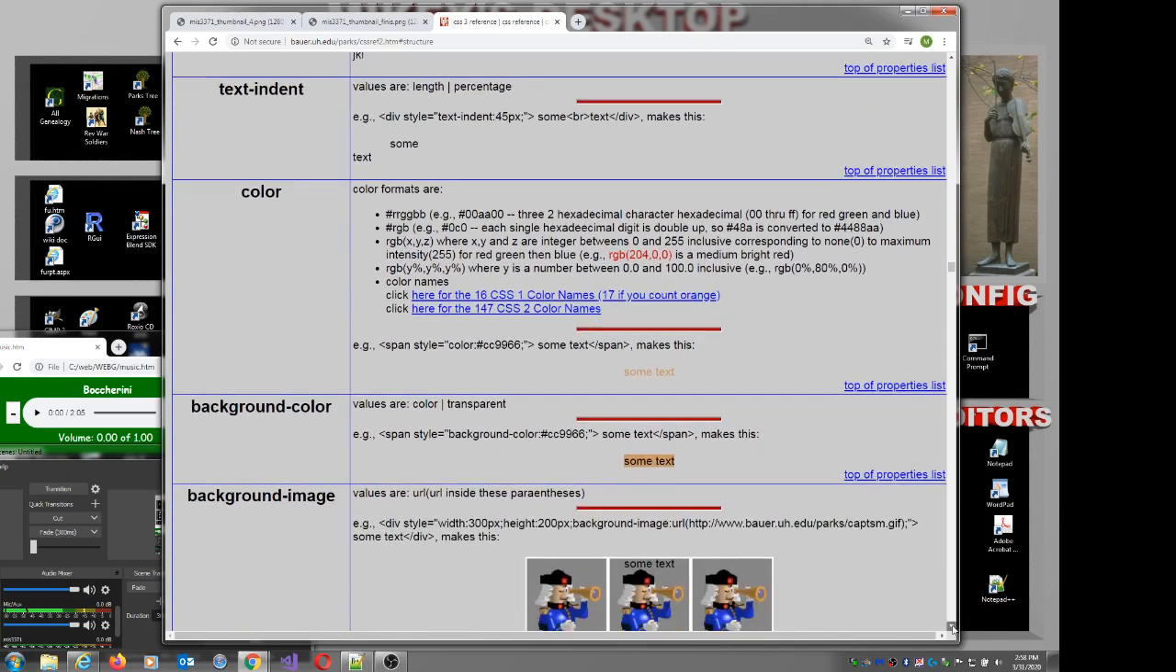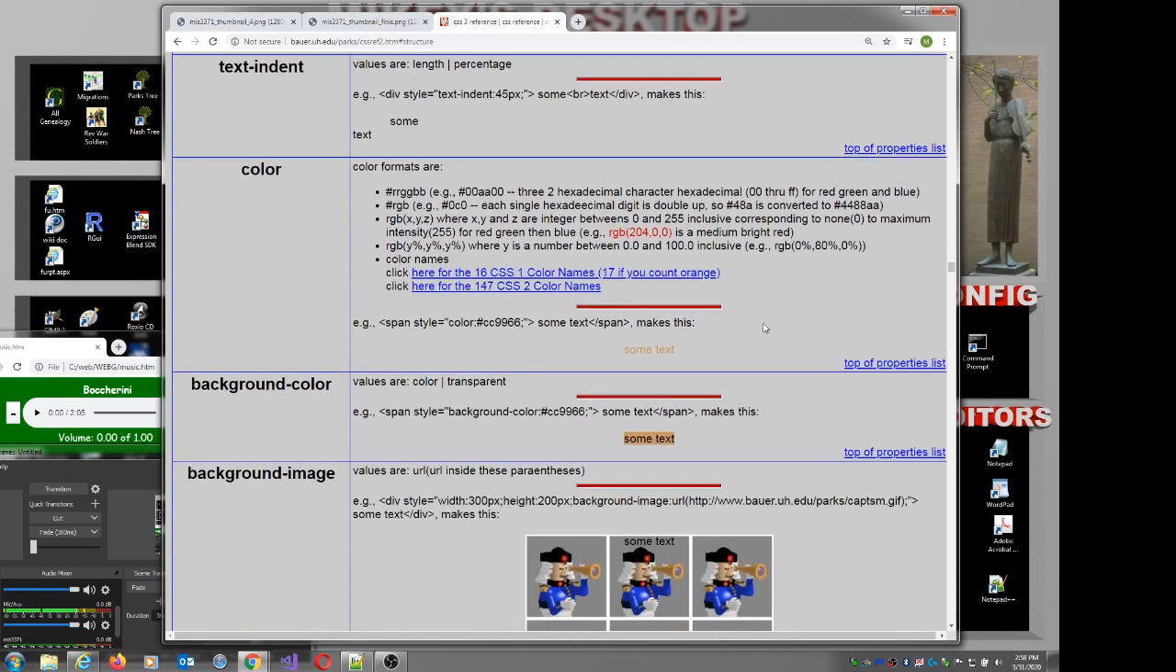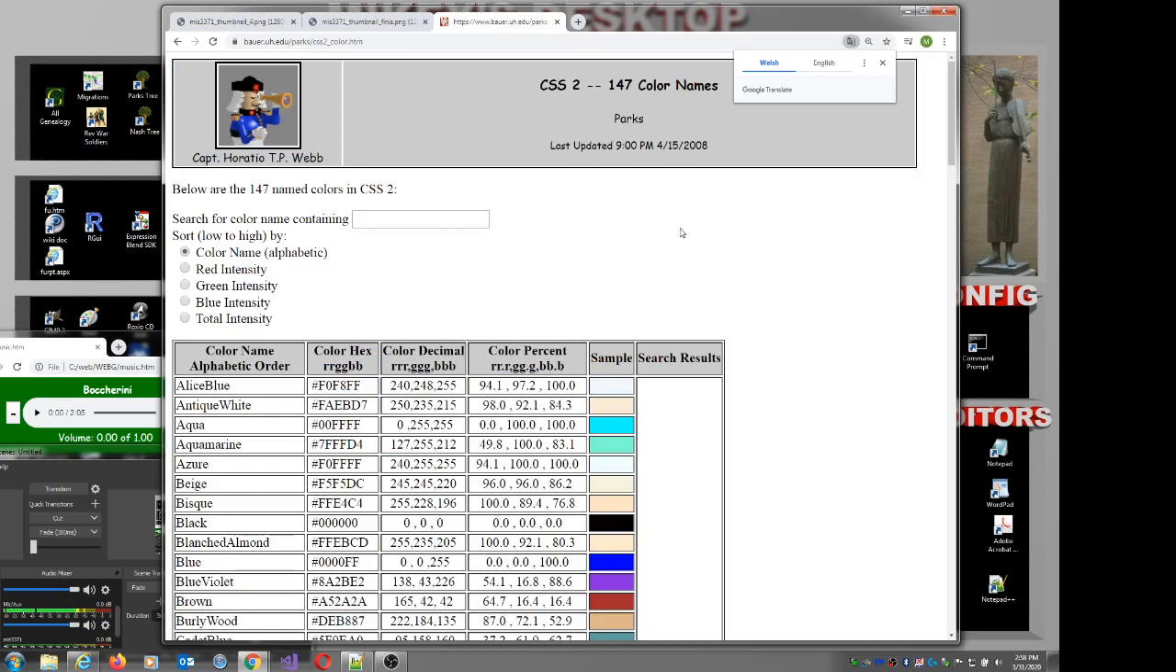Color. Okay. So color, the only difference in colors is there's a lot of different formats. There's a single hexadecimal color. There's RGB. There's RGB percents, and then there's color names. Okay, so right here, let's start off with the color names. Here's the page that is